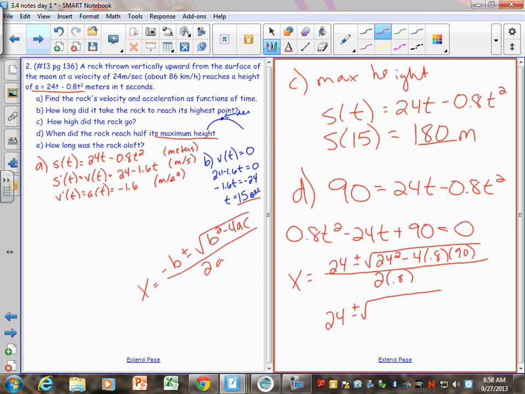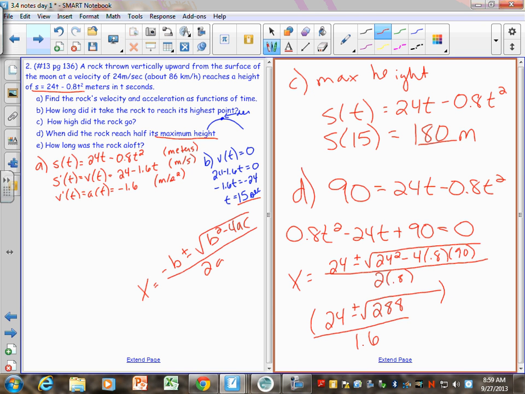And so when I did that, I got 288 over 1.6. And this is where we're talking about time here. So I know I'm not a big decimal fan, but when we're talking about a story problem, we're talking about how long does it take to get there, a decimal makes way more sense than leaving your answer like this. And so you just would want to work it out and get your answer or answers, I guess. And so I just do the top first. 24 plus radical 288, hit enter, and then divide by 1.6. If you do it all at once, you have to put the top in parentheses, right? But I just always do it a step at a time.